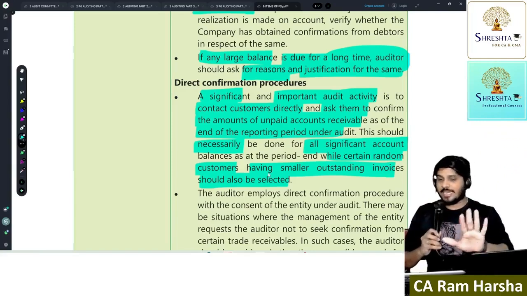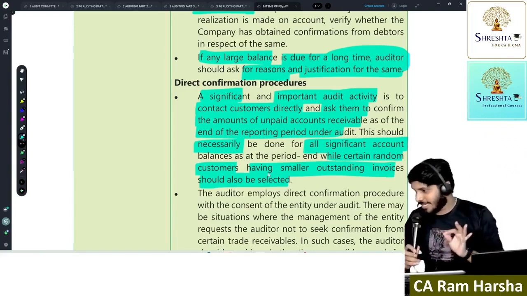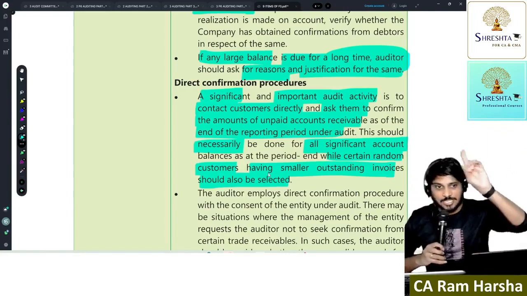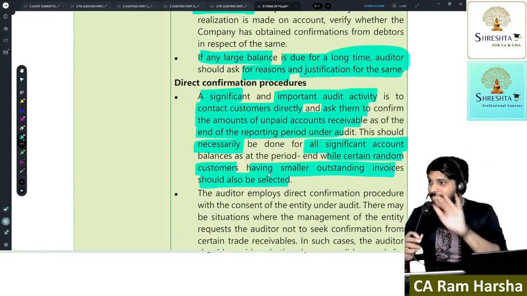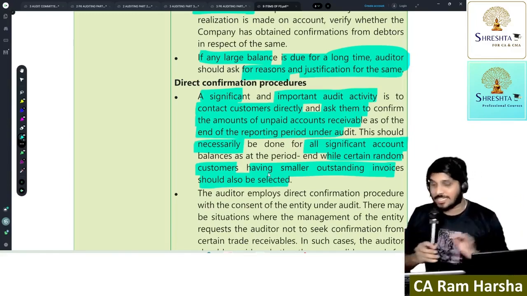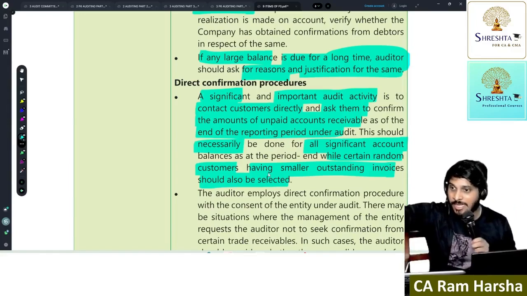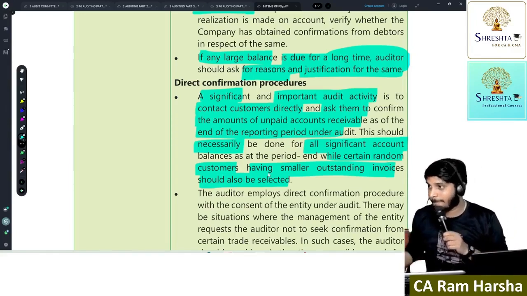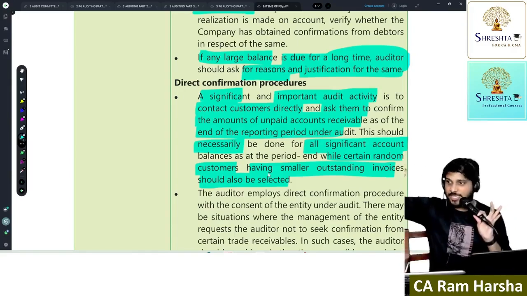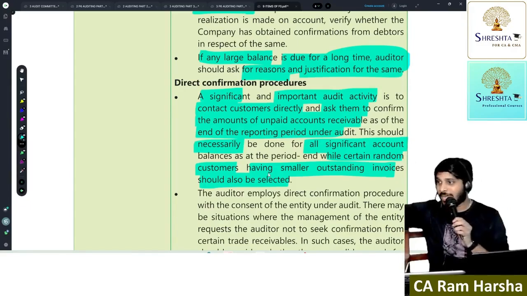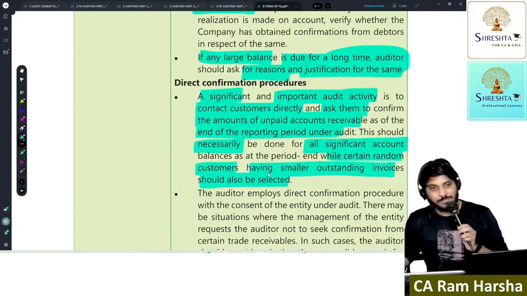If he didn't reply within 3 days, I can happily assume he has definitely read it, because he is such a kind of third party. Even if you send greetings, he'll reply, thank you. For every greeting you say, he'll reply. Such a nice party. The chances of non-response are very low. Understood or not? These are the conditions. If all these conditions are satisfied, then only you can use a negative confirmation request. Clear?